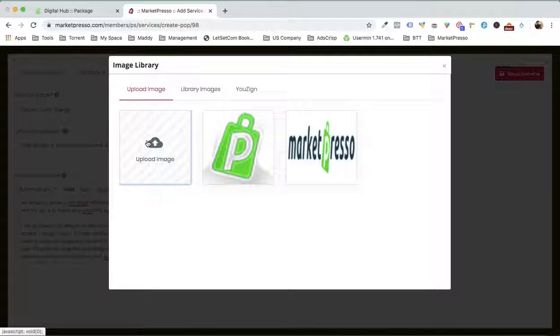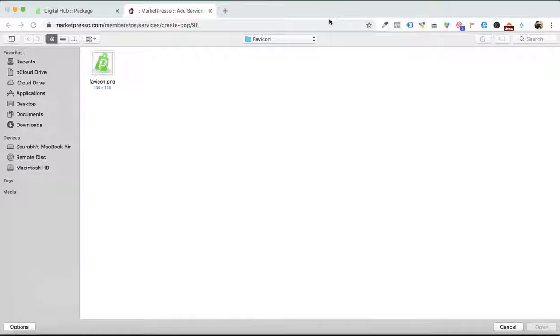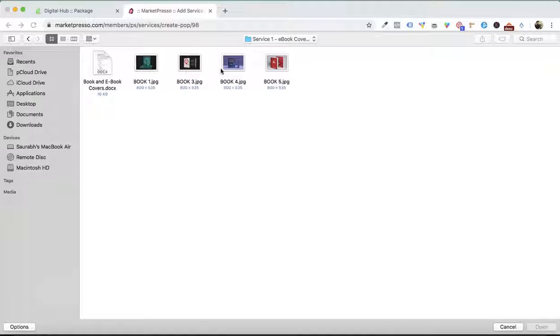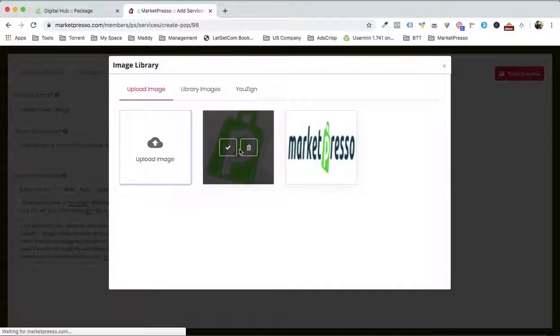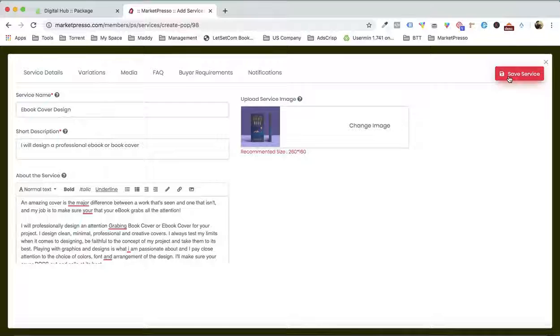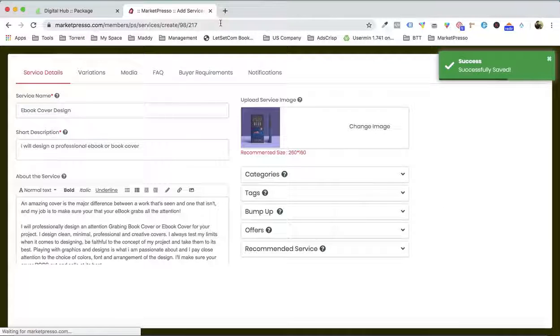All right, so I'm gonna go over here. I'm gonna go back to the demo. All right, and then I have the images right over here, so I'm gonna click over here and I'm gonna select an image. All right, okay, so I have this image, and then I'm gonna save the service. All right, I'm gonna save the service. Now we created